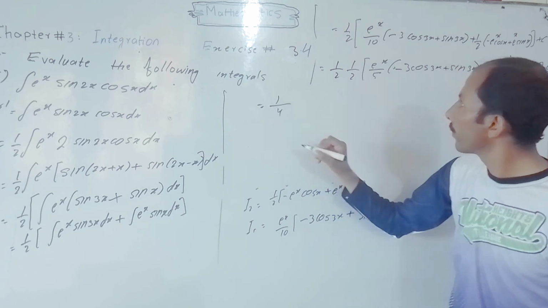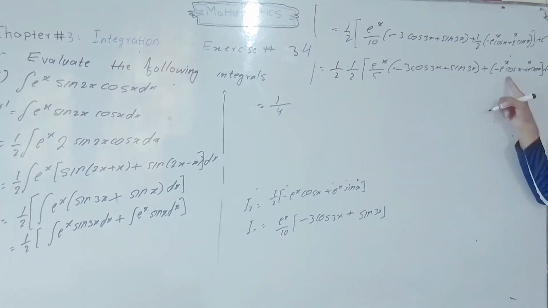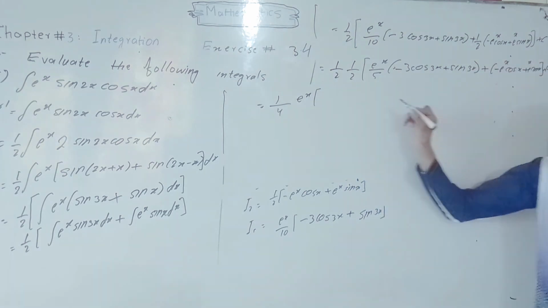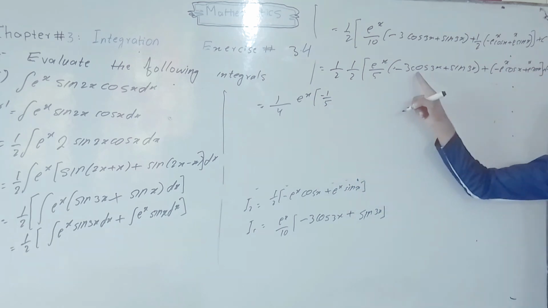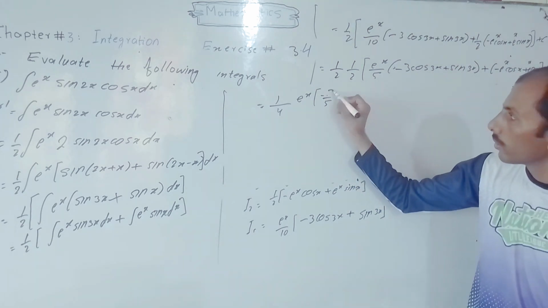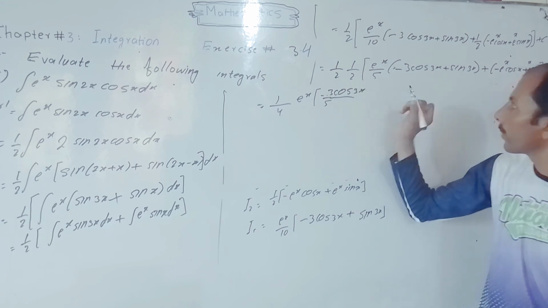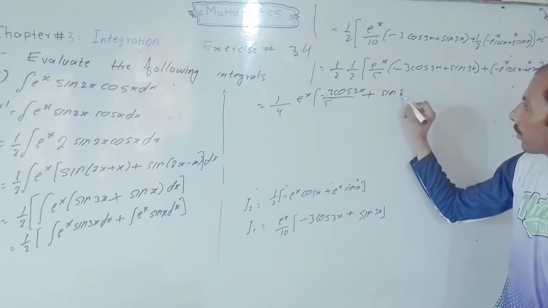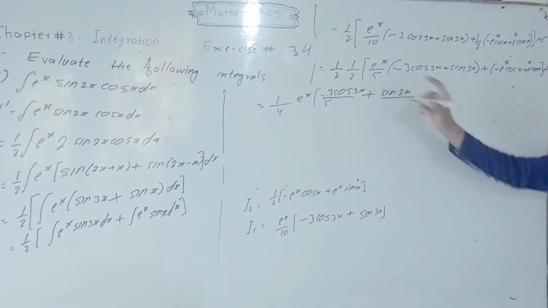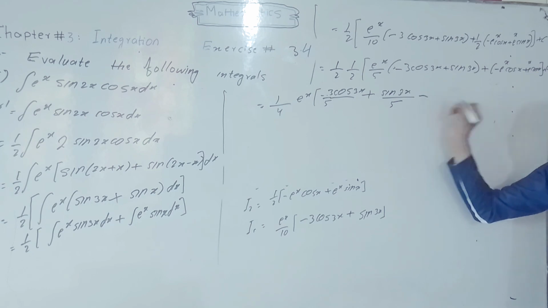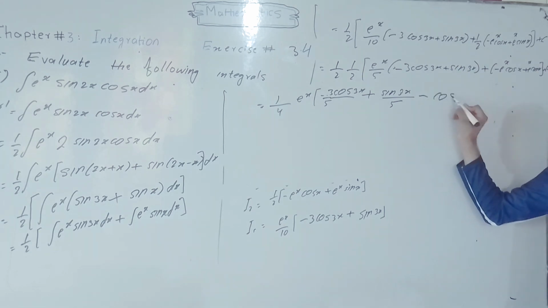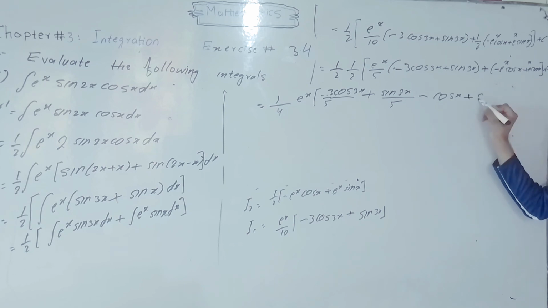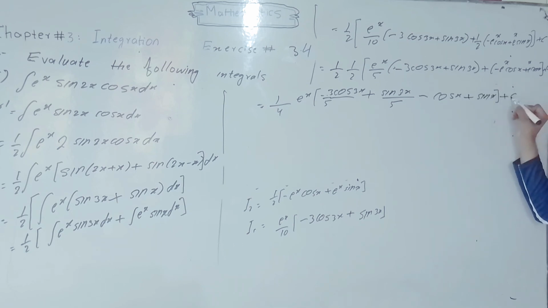which is equal to, taking e power x common, e power x into 1 divided by 5 of minus 3 cos 3x plus sin 3x, divided by 5, and from the other term the remainder is minus cos x plus sin x, plus c,